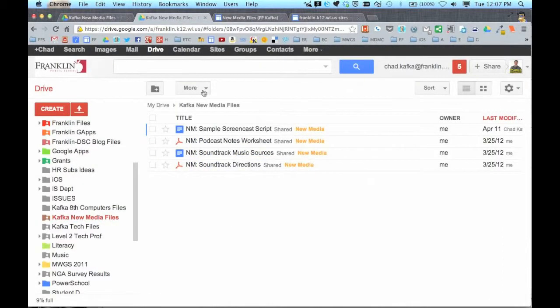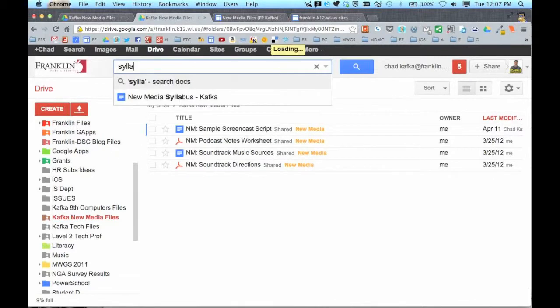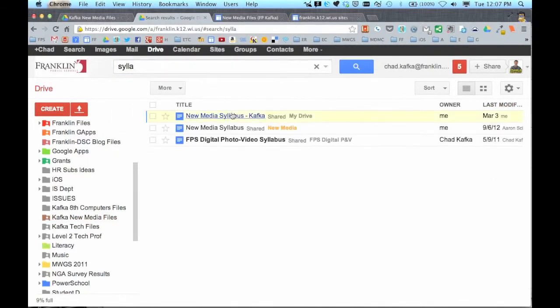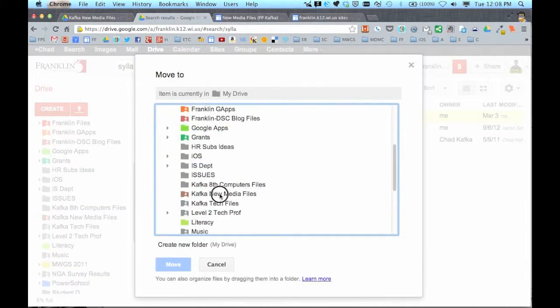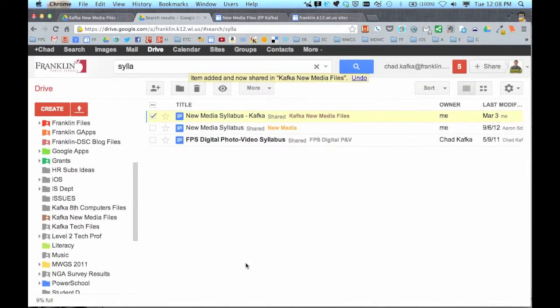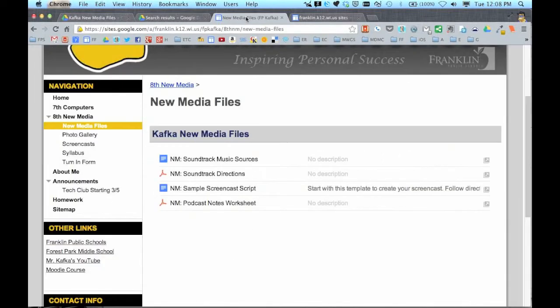Okay, let's add a file in Google Drive. Let's find my syllabus file. And let's check that off and assign it to that same folder. And again, I'm doing this in Google Drive. I'm just putting something in a folder. But because I've already set up that folder on the website, the next person or the next time somebody comes